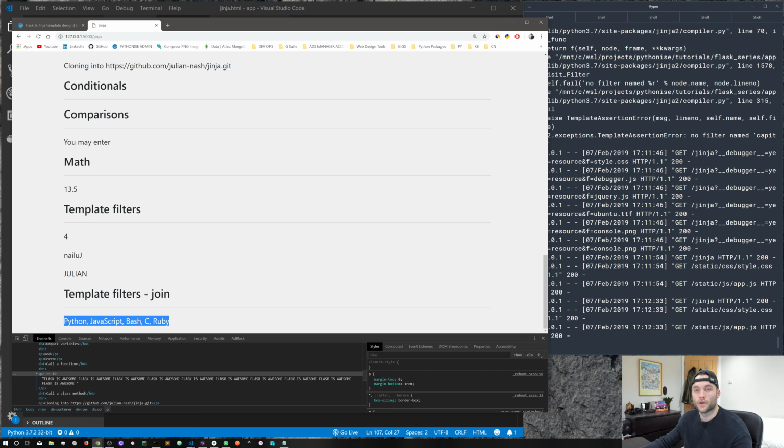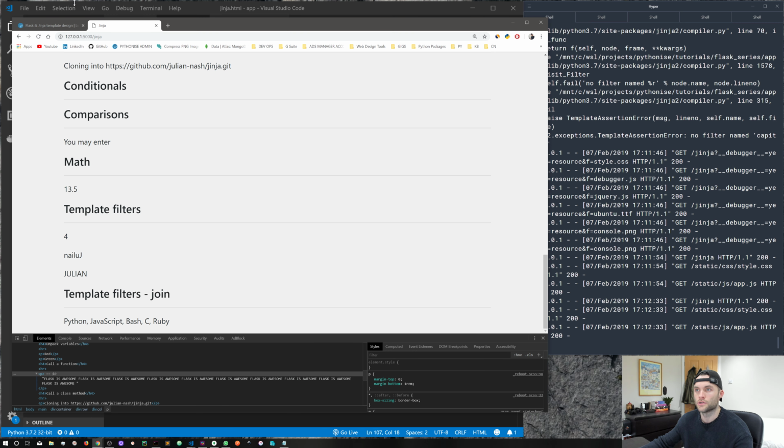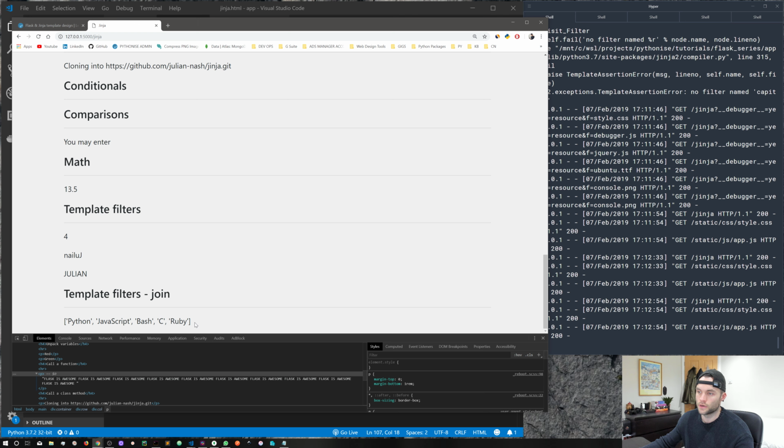And I use join all of the time in Jinja templates, especially if you've got list objects stored in databases, or you've got a list in your view, you want to pass it in. If you don't join them and you just print a list or embed a list into your HTML, it's going to look like that. So the odds are you probably don't want your users just seeing all this weird syntax